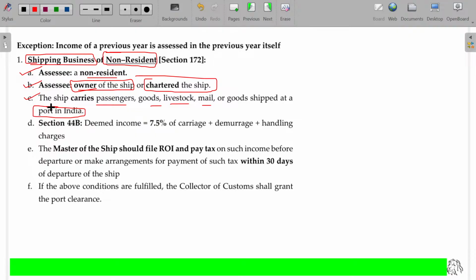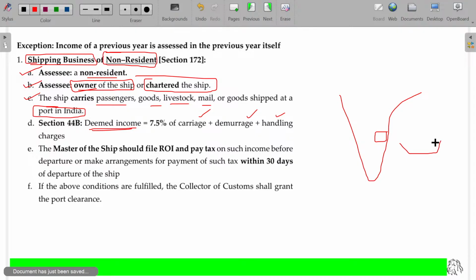Income is usually calculated after subtracting the expenses to get the net income. Okay, but I'm not sure how much expenses for this one. So no problem. Whatever the total collection you do, out of the total collection, 7.5% will be considered as income, known as deemed income. For the deemed income only, you have to pay the tax. And overall, the collection may be for carriages, for demurrages, for handling, all the things put together, right? Clear? So in an Indian port,